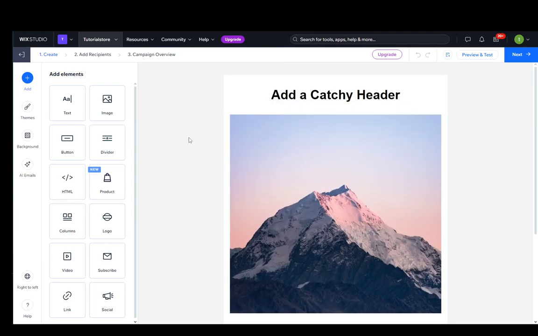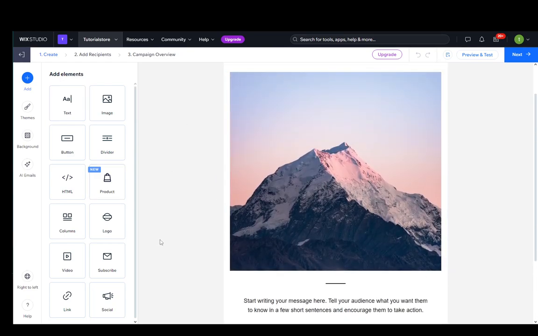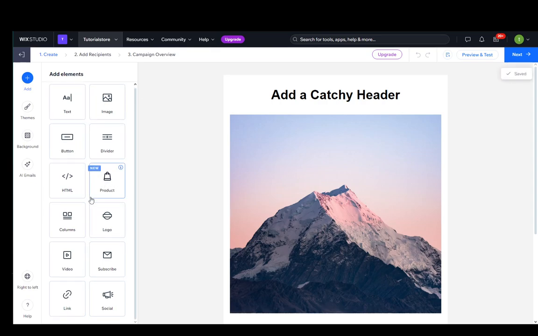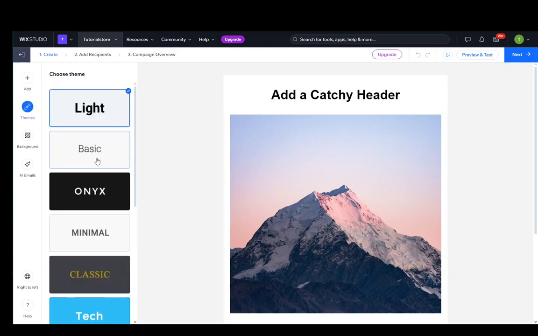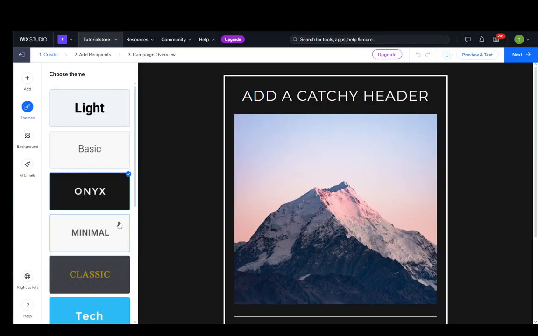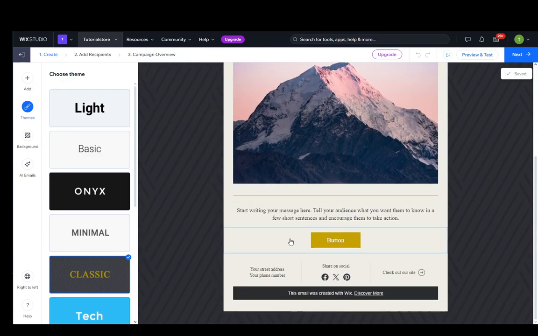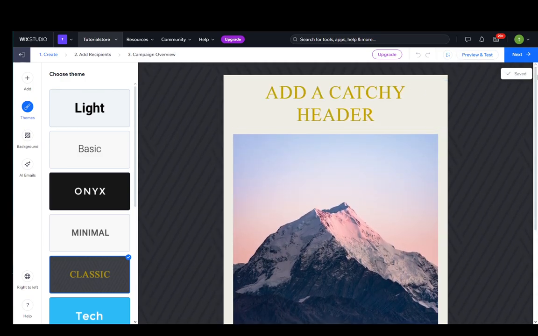You have pretty much similar tools as you would for your Wix site. You can add text, images, buttons, dividers, HTML, products, columns, logos, etc., etc. You can also change the theme from light to basic to dark to onyx to classic. You can pretty much do whatever you want for your newsletter, and then once you're done, you can preview and